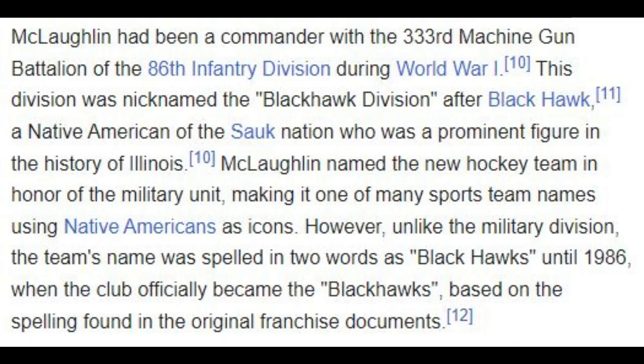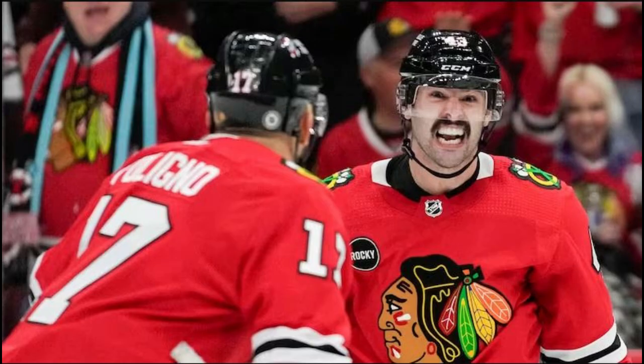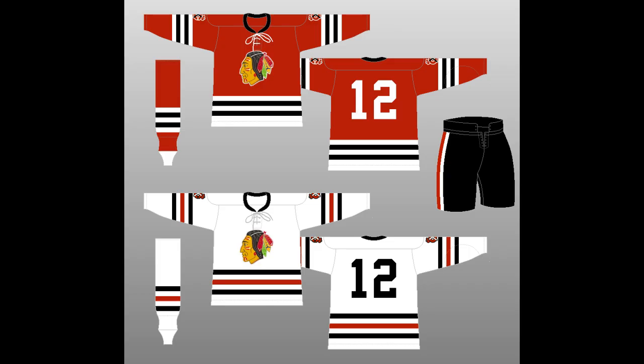The name stemmed from the U.S. 86th Infantry's Black Hawk Division during World War I, which in turn was named after Chief Black Hawk, a prominent Illinois figure. Their uniforms have been an evolution, starting with the biggest change coming in 1955 when they switched from